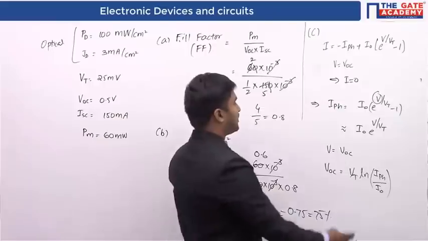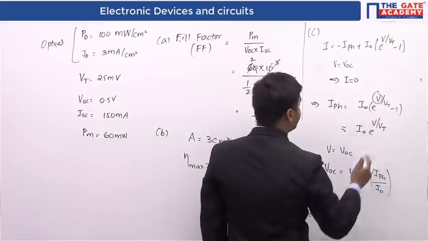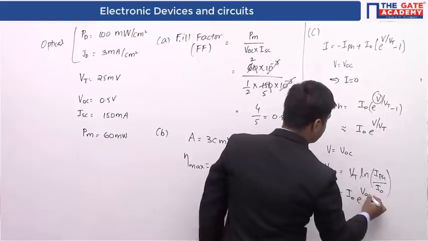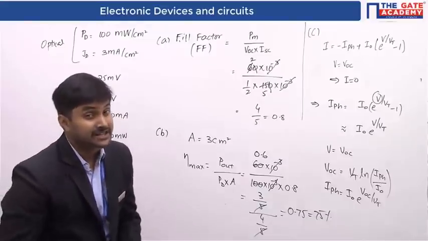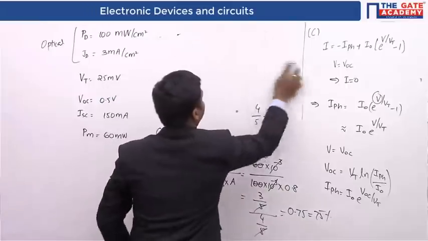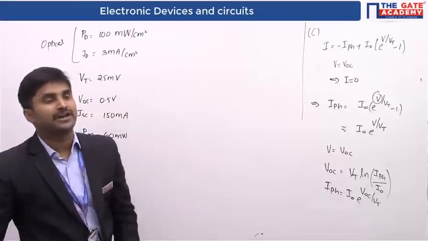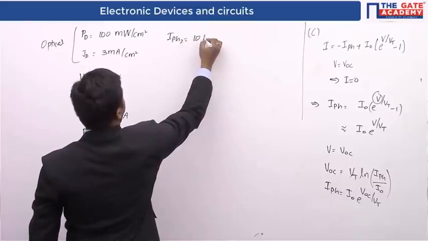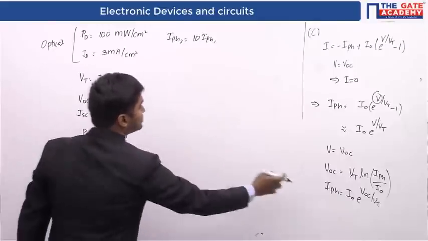Okay. So Iph is almost equal to I naught into e power VOC by Vt. So Iph is nothing but I naught into e power VOC by Vt. Now what is given in the question is that you are increasing the photon current by 10 times. So if we increase the optical excitation by 10 times, the current is going to become 10 times. Considering the linear case, the current is also going to be 10 times. So if I use this relation,